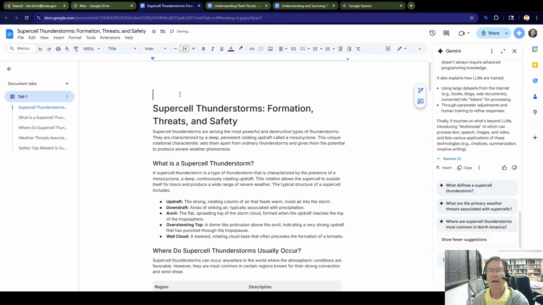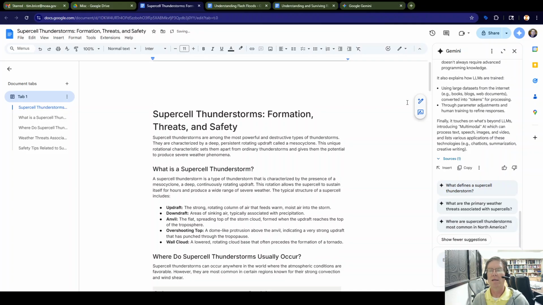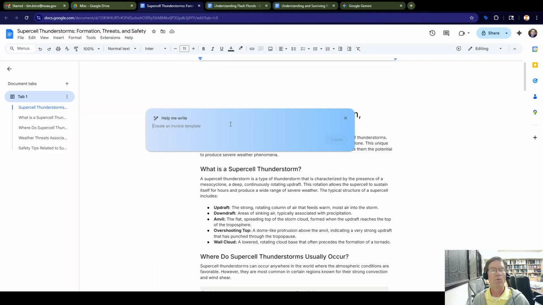Now if you need help with a document or writing, you can click on this help write, and it'll pop up a little window, and basically it will give you some prompts that you can add in there, or you can type in your own prompt. So give